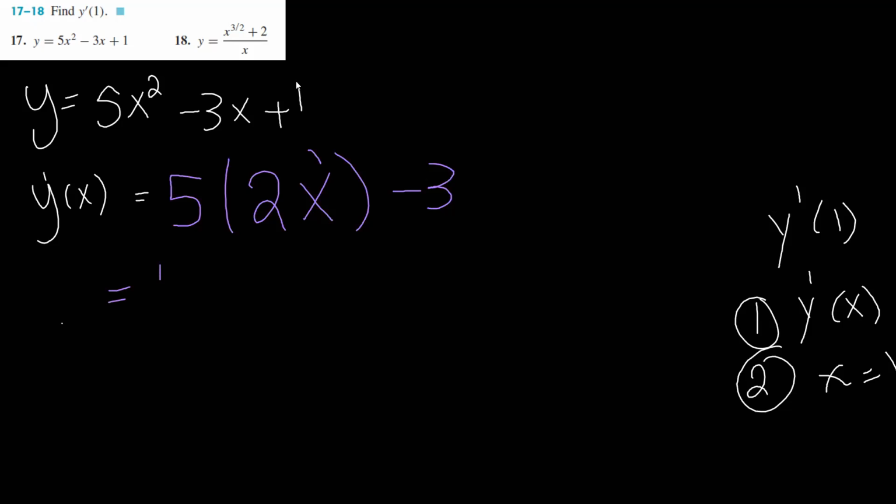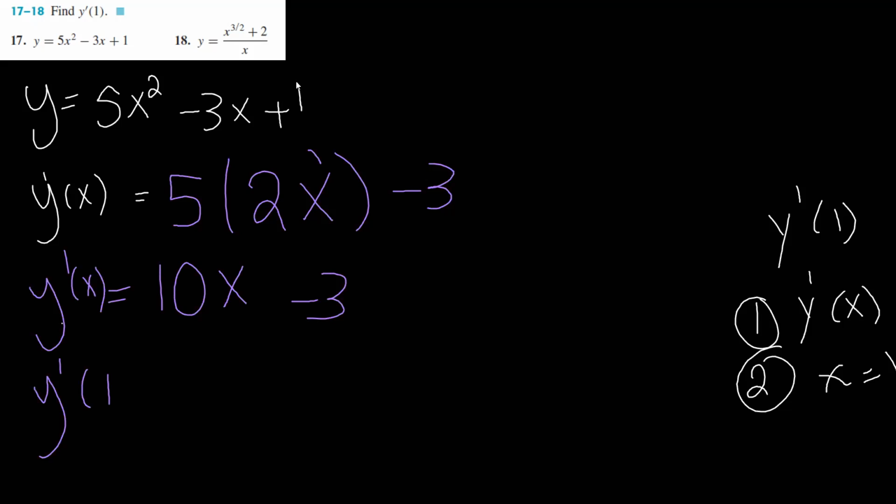So the answer here is 10x minus 3. This is y prime of x. What about the second step, to find y prime of 1? You just evaluate x at 1. So it will be 10 times 1 minus 3, which is 7. Is it clear? Yes, teacher. Okay, now I will finish because we have less than 1 minute, to let the Zoom